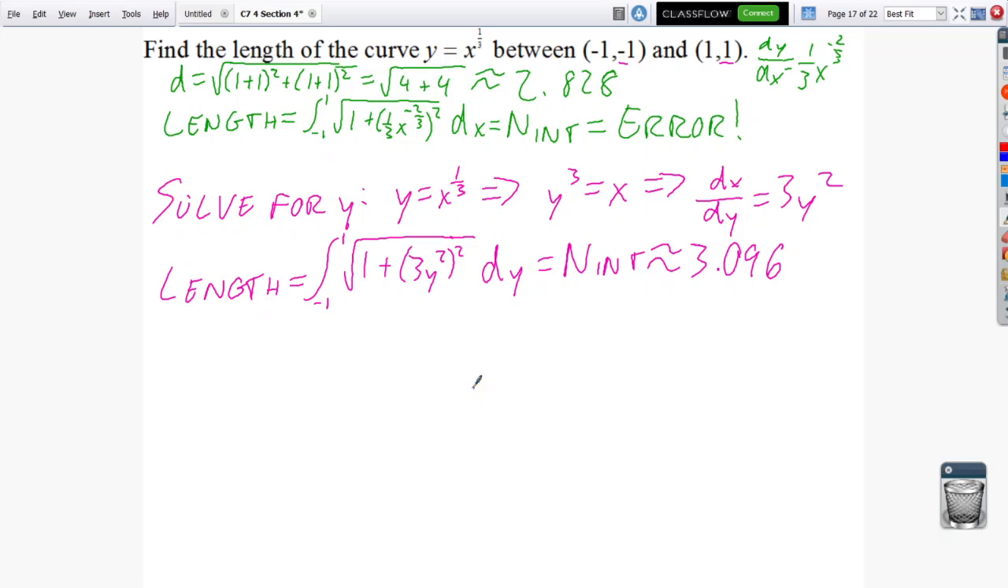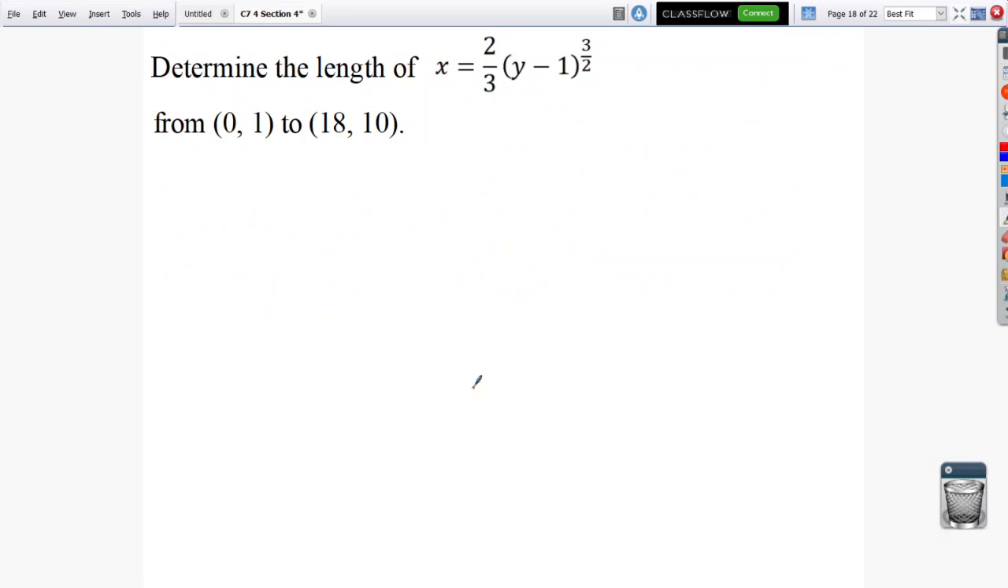And now for something, there we go. Determine the length of x equals 2/3 times (y minus 1) to the 3/2 power from (0,1) to (18,10). Now looking here, it's already solved for x, so I'm just thinking maybe we can just leave this in terms of x. Here we do know that we want to find dx dy, which in this case would be, let's see,